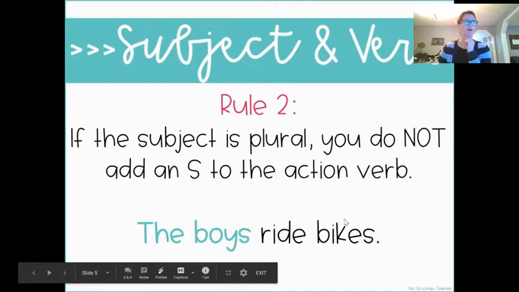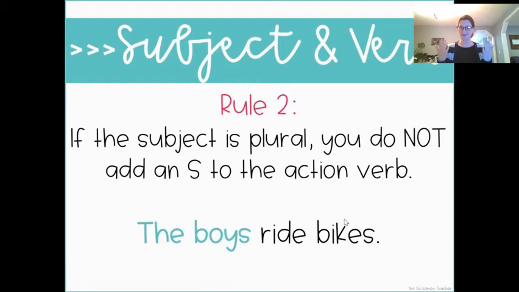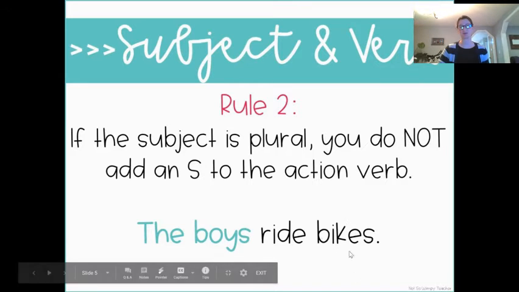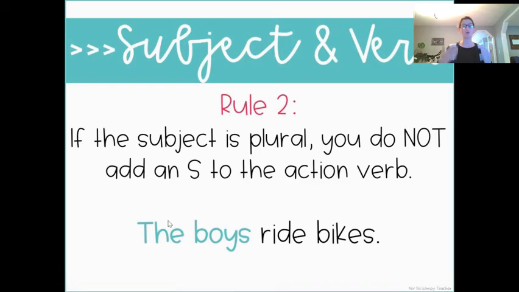Rule 2. What do we do if there's more than one subject in a sentence? And instead of saying it's singular, we'll say it's plural. If the subject is plural, that means there's two or more subjects in a sentence. You do not add an S to the action verb, usually because there's already an S on the end of the subject. May not be always, but often there is. For example, if there was more than one boy, now our subject is plural, the boys,